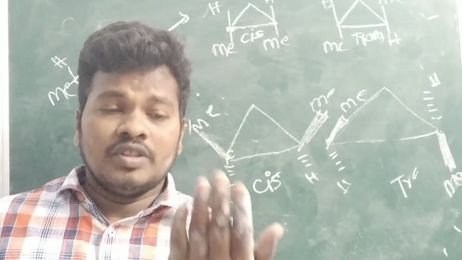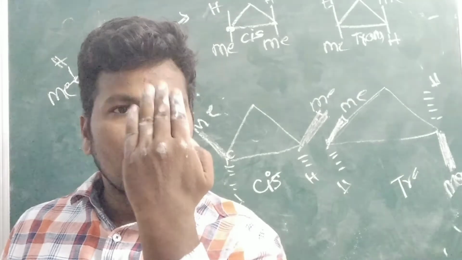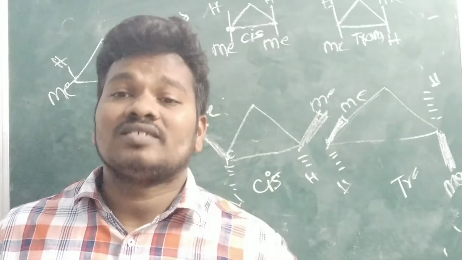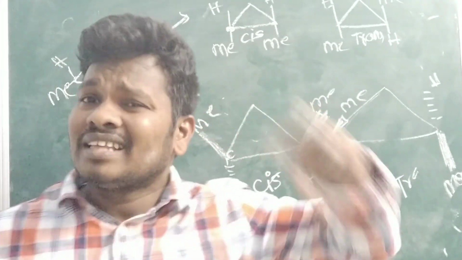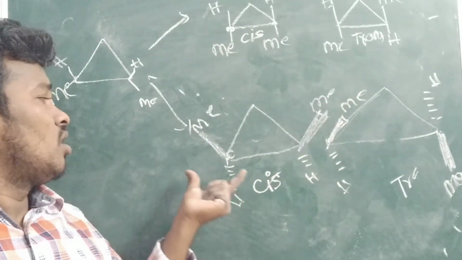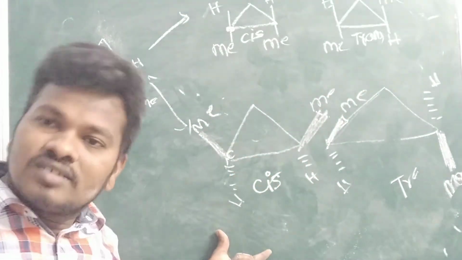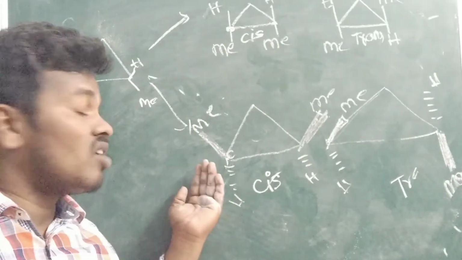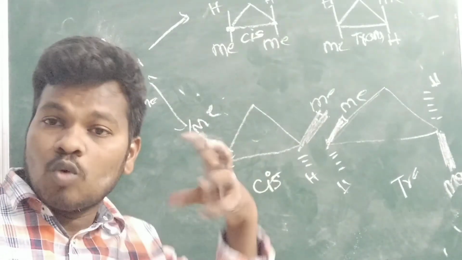So you put it out in the plane. One bond the viewer can see, another the viewer cannot see. So four bonds are there, no? Like this also, within the plane you can write cis and trans, dotted lines and solid lines also. The viewer can see, the viewer cannot see. The viewer cannot see a bond, four bonds.